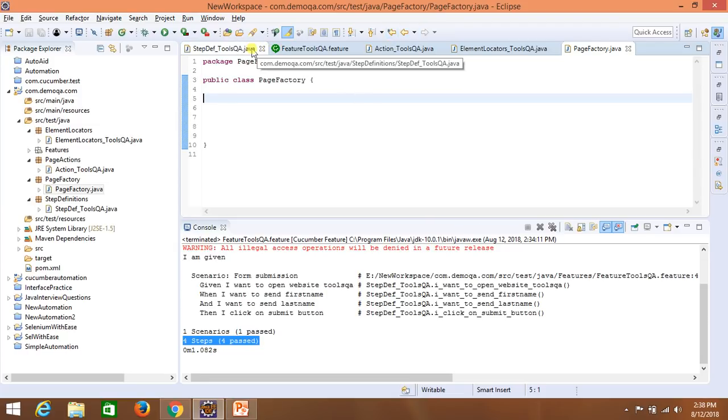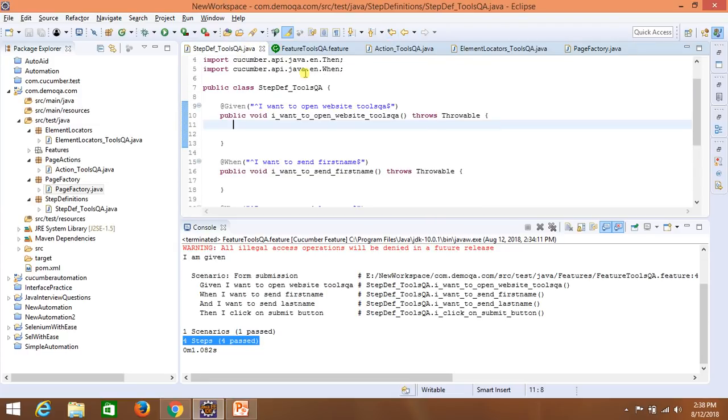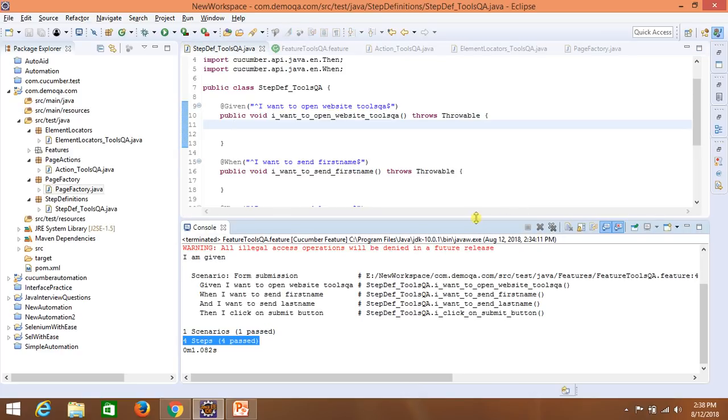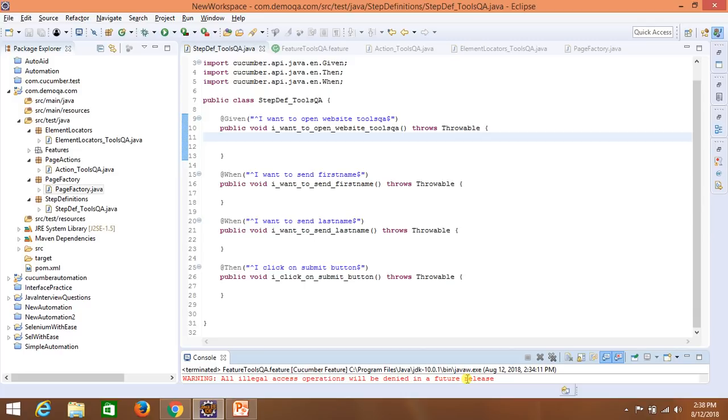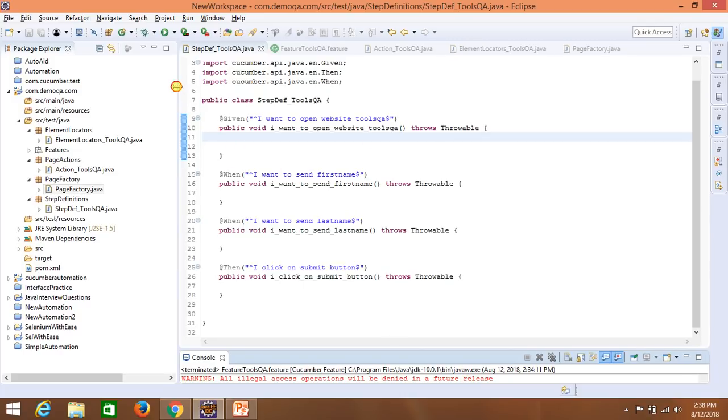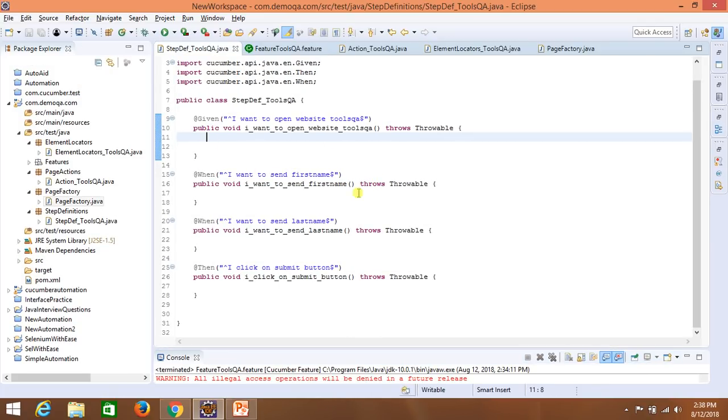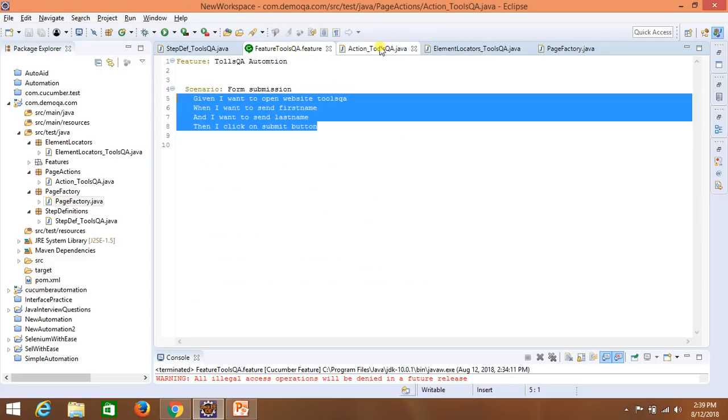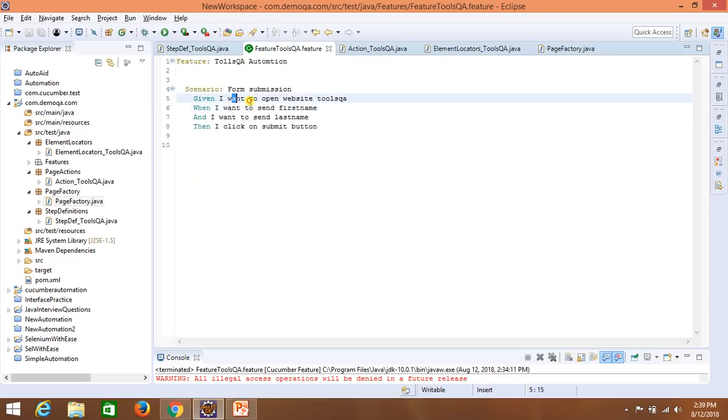So how far have we gone? We have generated the glue code. Let me close the console first. Now, in the action, given I want to open the website tools QA,